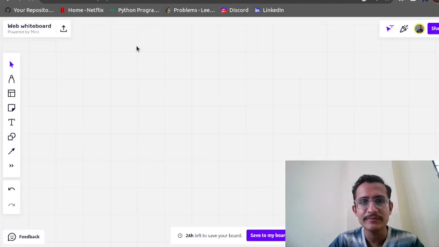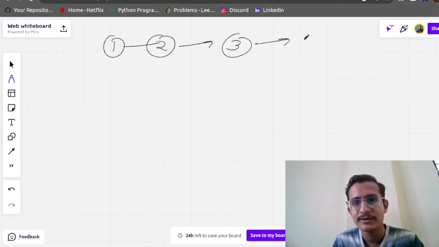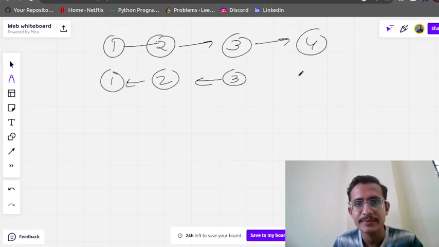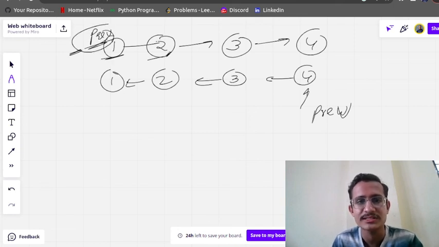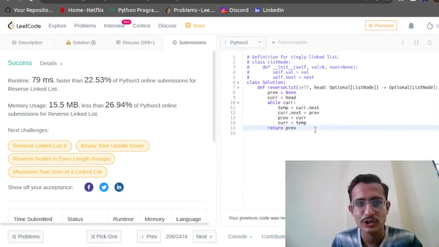So what we have done, with the help of some pointers, for 1, 2, 3, 4, we have reversed the connection every time, and then we have returned previous. Initially previous was at None, then it came to first, second, third, fourth, then we reversed, and then we got the solution. Okay, so this is the solution for this question.